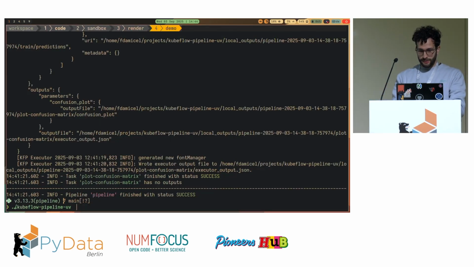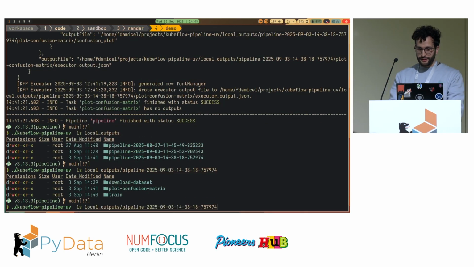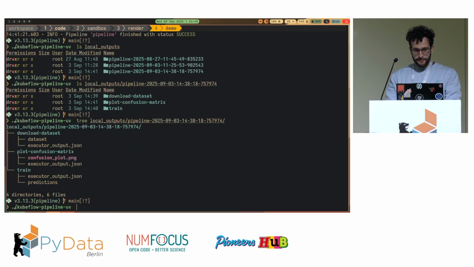As you see here, everything went through, and the local output has all the pipeline runs, and for example, the last one is this 114, right? So for each component, there is a directory. That's also one of the niceties of the framework. It generates everything for us. And as you see, the outputs are there, right? So for example, if I